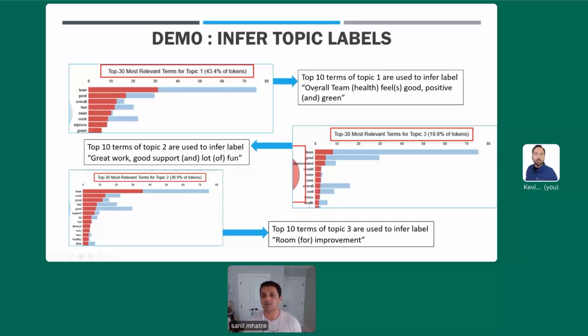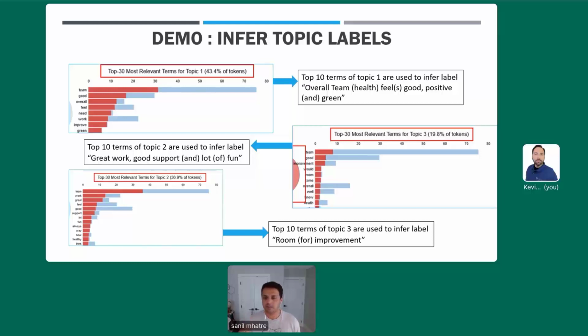So the sentence that I was able to create with some fill in the blanks is: the overall team health feels good, positive, green. The words that are inside brackets are my own fill in the blanks to help formulate a meaningful sentence. The words not in the brackets are the ones that came out of the topic modeling exercise.